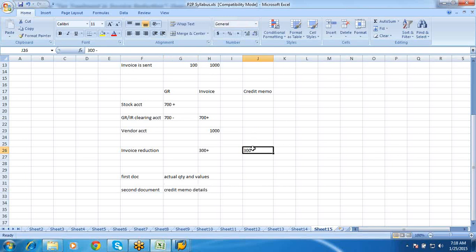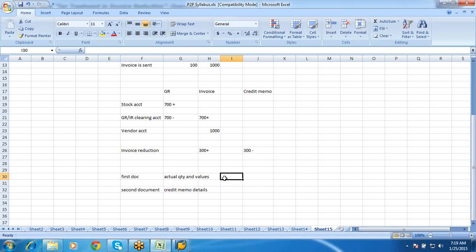The amount payable to the vendor is the first only, 70 pieces, 700 rupees. That is the amount which is paid to the vendor. So this is the process for your invoice reduction.